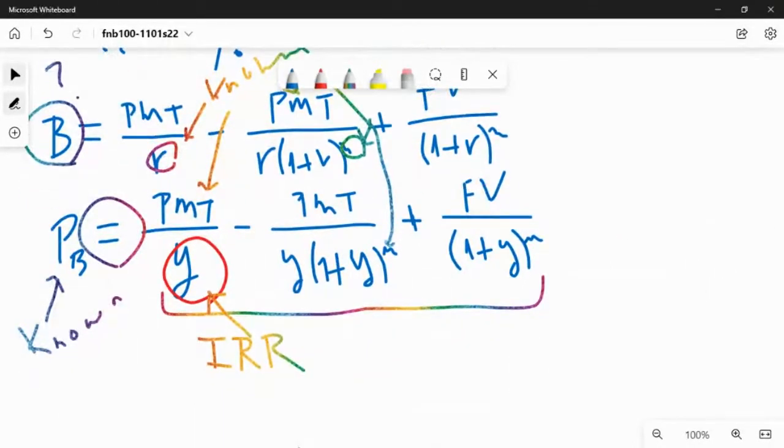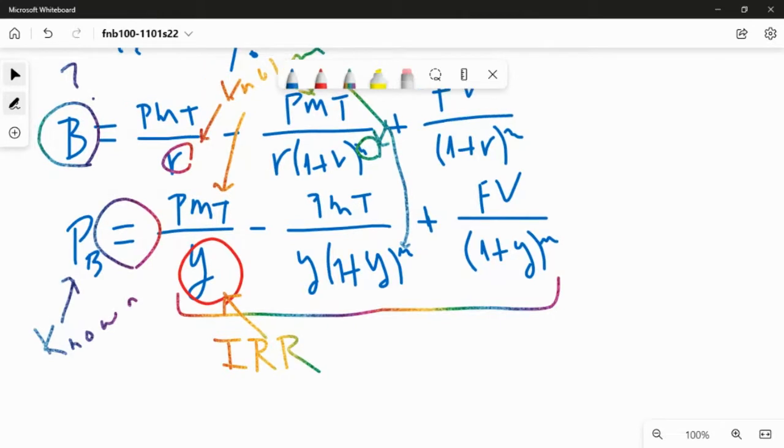Okay, so if you're solving for this y, and then that y